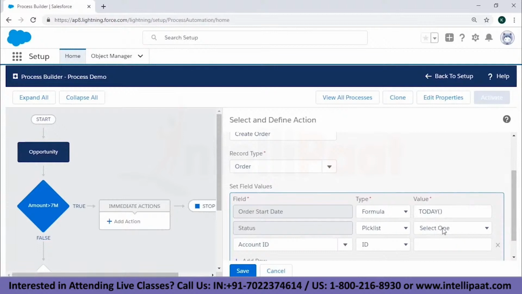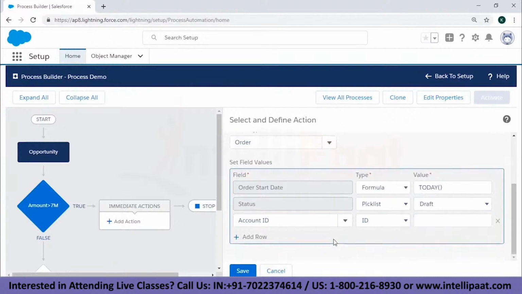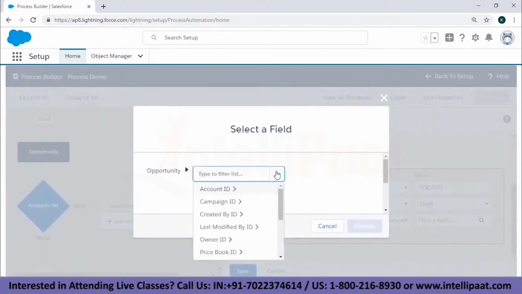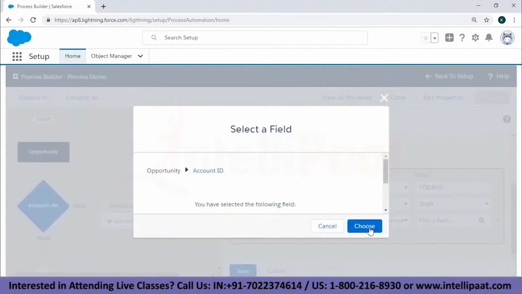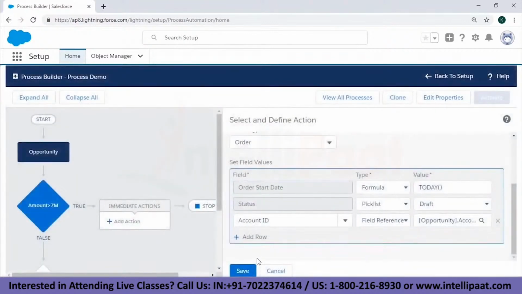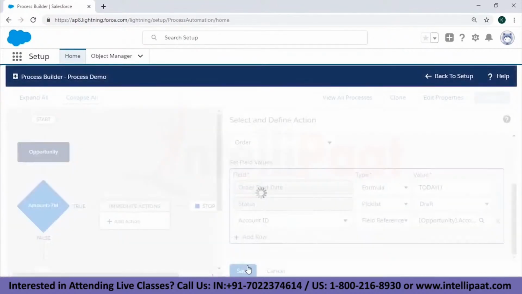In the value, we're going to set this as draft. The next field says account ID. You can change that, but we want the account ID to be associated with it. Then the type says field reference, and the value would be opportunity account ID. Choose that and click on save.